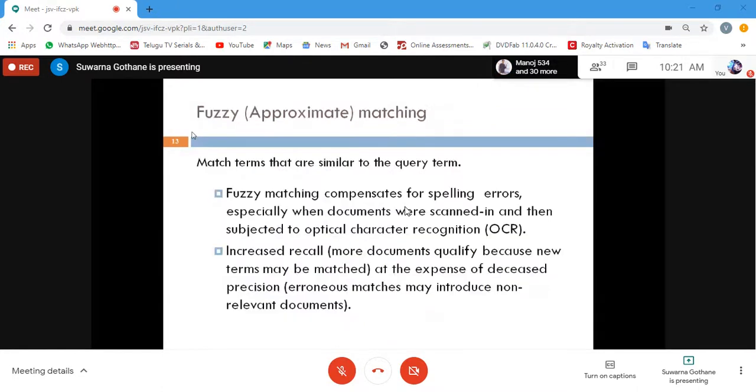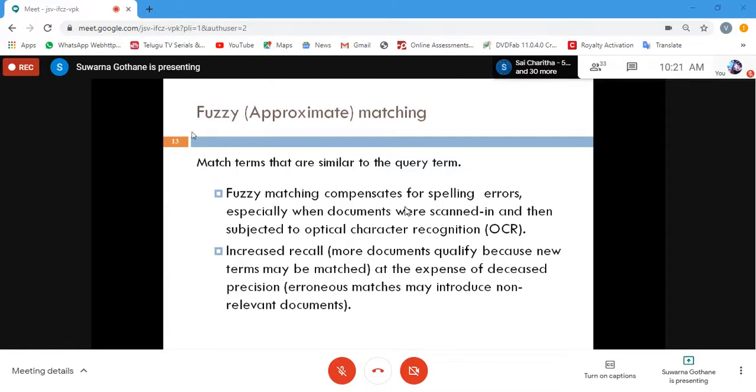Fuzzy matching means any word which you type that is associated with errors. It is not exact. Many times it happens that we make mistakes, particularly when using a mobile phone, because keypads nowadays are smart, with touch screens enabled. In a hurry we press some buttons and our text automatically takes a different word, or 1 or 2 letters get mismatched.